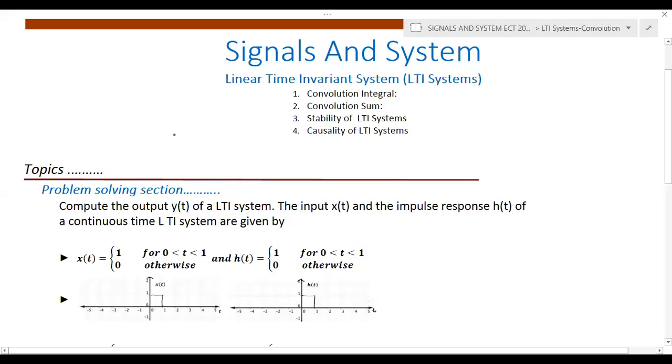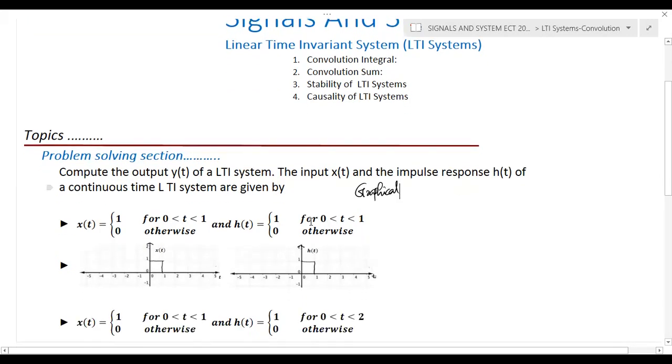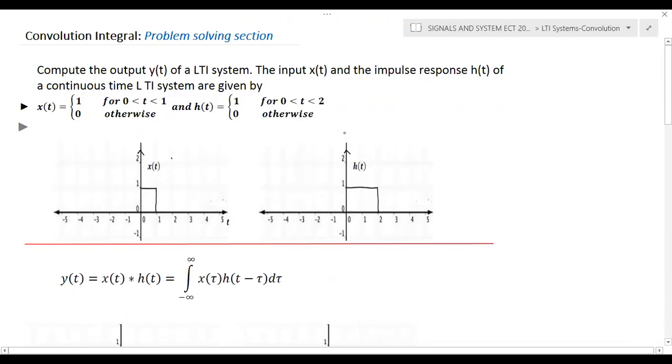In this lecture, we will discuss the convolution integral problem and how we can solve convolution integral related problems using a graphical method. Some problems we cannot approach directly by using equations. We can use the equation, but we need some knowledge about the signal waveform. Similar questions we can solve in a similar way, but the width of the pulse is different.